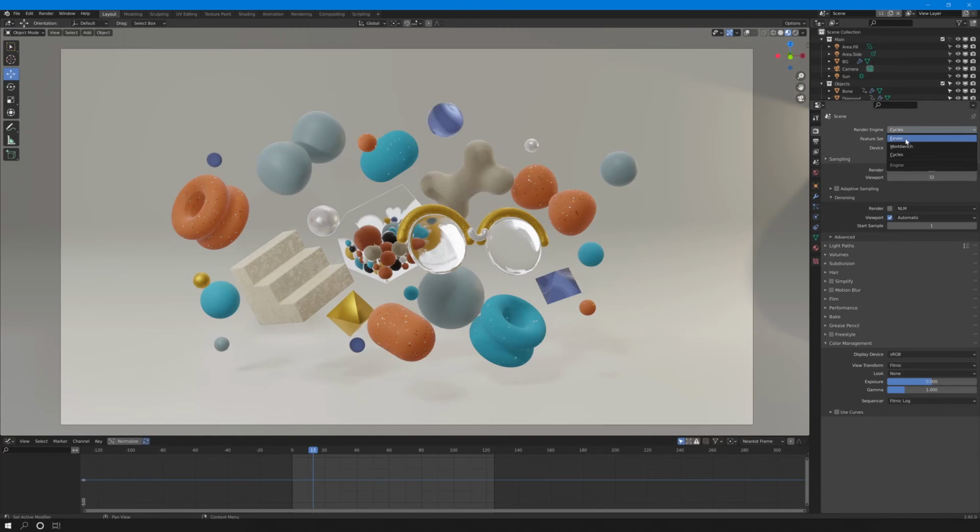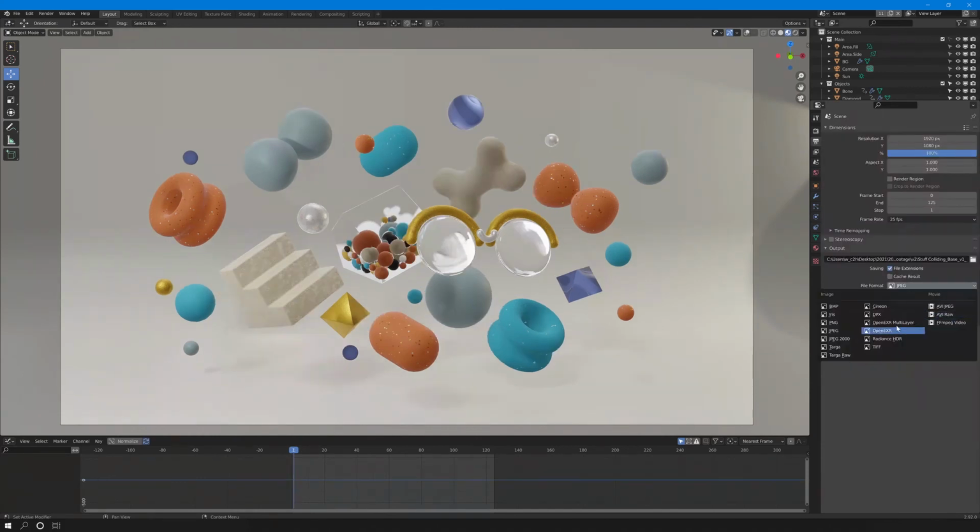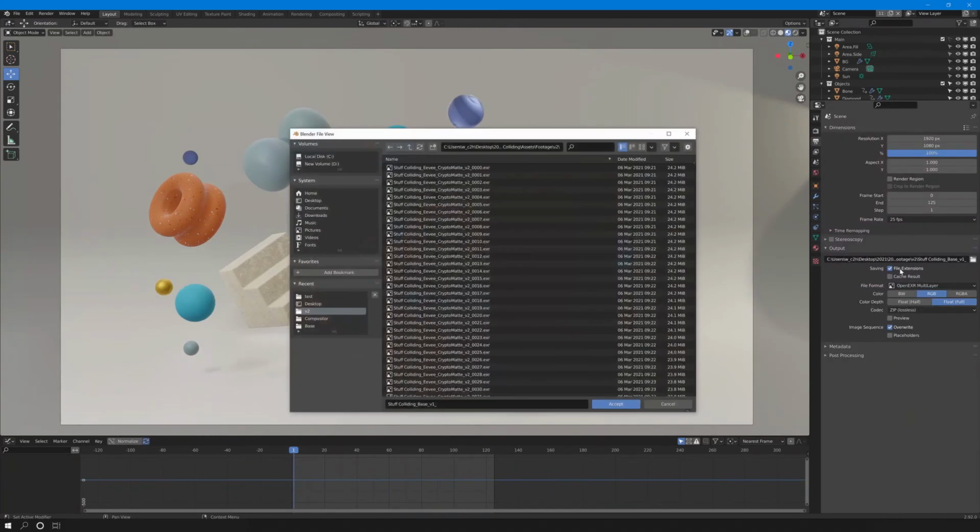When that's all done, we can change our renderer to Eevee, and let's select only the Cryptomatte in the Layer Properties tab. Choose Multi-Layer EXR, Full Float, and select where you like to render the